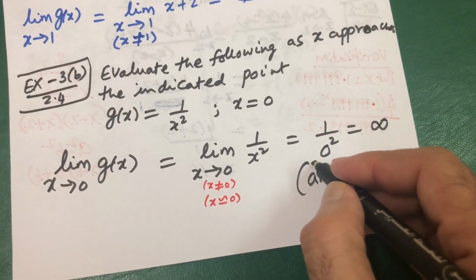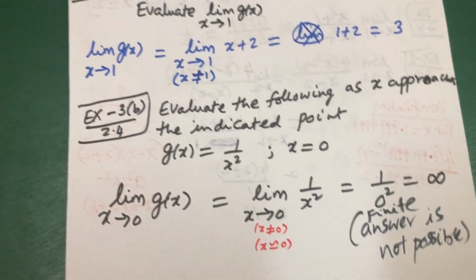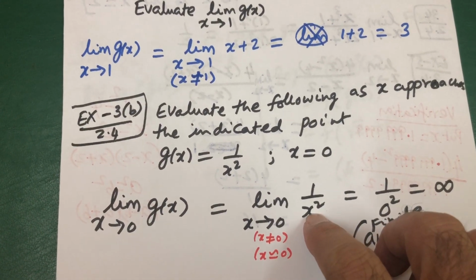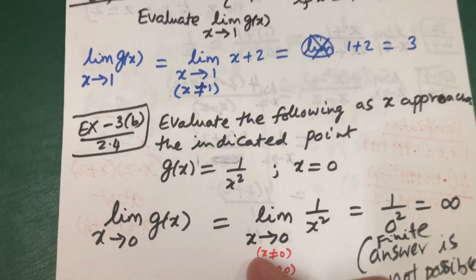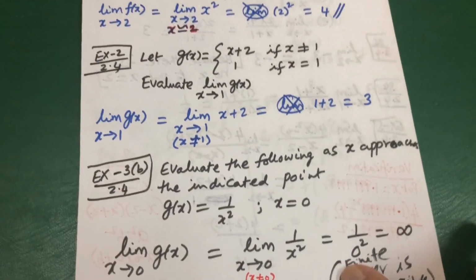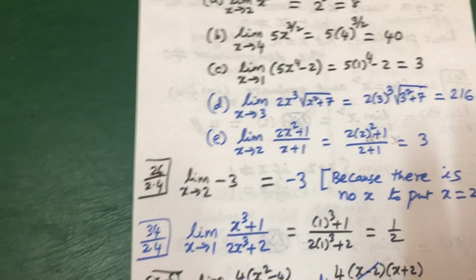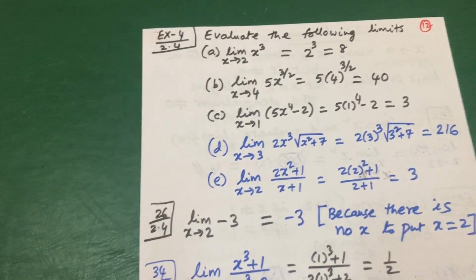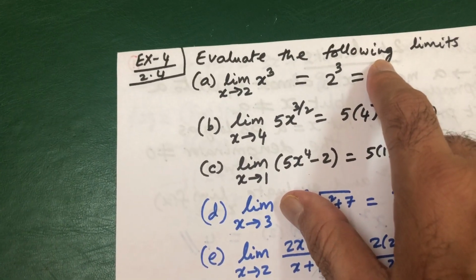So that is what it means. When you get infinity, what do you have to do? You put x equal to 0 in the denominator. Here I have no other option, so inevitably I have to put x equal to 0, which gives me infinity. But don't worry about that infinity problem. We don't give you that type of problem. We give you simple and good problems where you will evaluate and get the correct answer. Finite answers, not infinite answers.